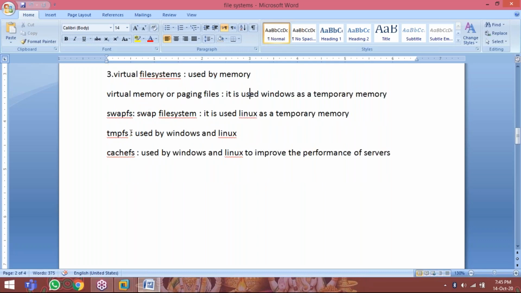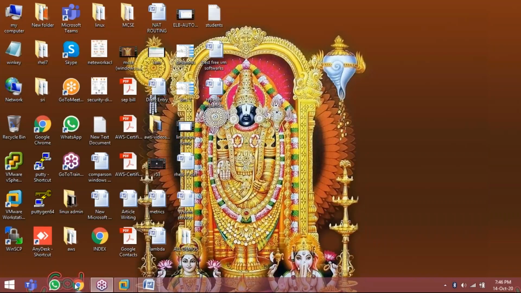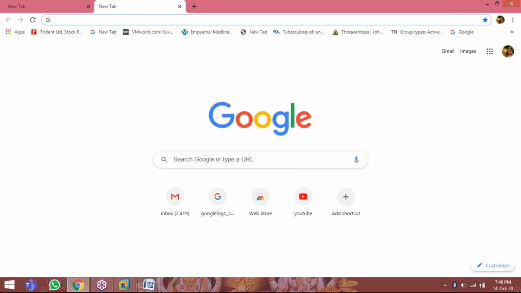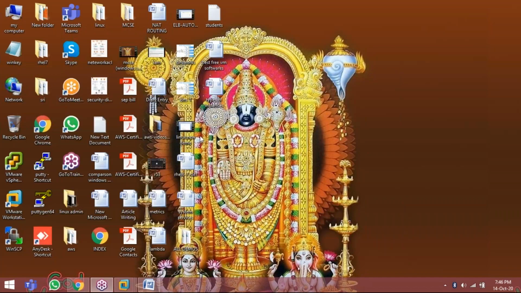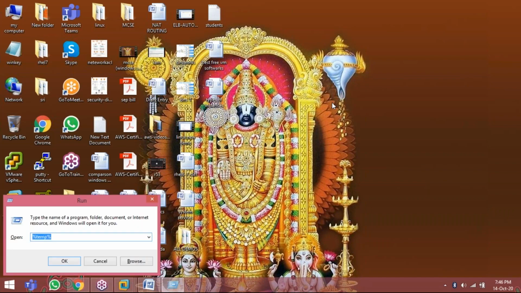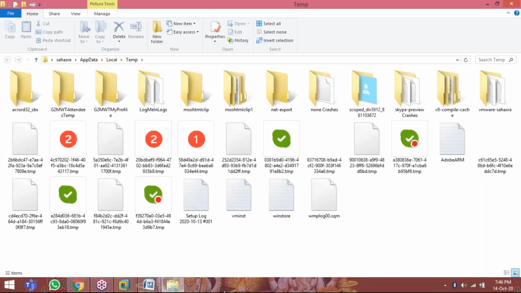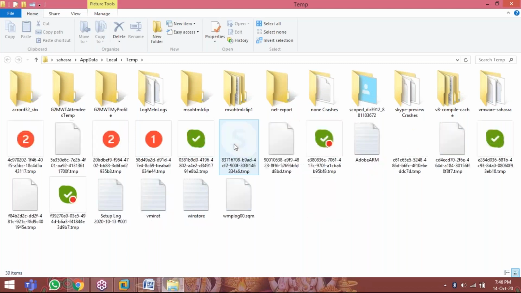So temp file system is faster than disk based file system. For example, I am accessing the internet. I am opening sites, viewing sites, playing YouTube, and you are going to open some songs or movies. You are watching movies in your laptop, you are playing games in your laptop. Background temporary files will be created. So how to know the temporary files? You can go to percentage temp percentage. You can see the number of temporary files. Thousands of temporary files will generate, but without knowledge of administration, nobody knows this.